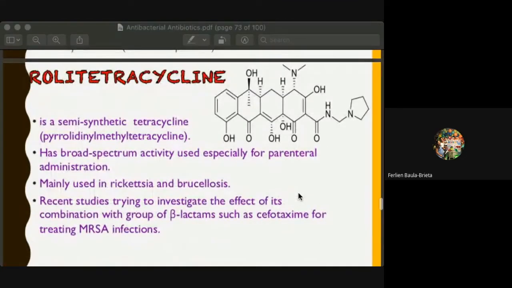And then we have here Rolly tetracycline. So it's a semi-synthetic tetracycline, has a broad spectrum activity used especially for parenteral administration, mainly used in rickettsia and brucellosis, and recent studies are trying to investigate the effect of its combination with beta-lactam, such as cefotaxime, for treating MRSA infections. So it has a new addition and this part here. Furthermore,